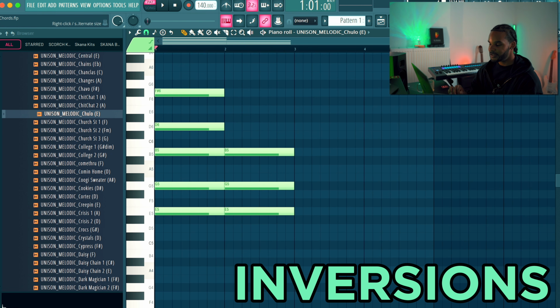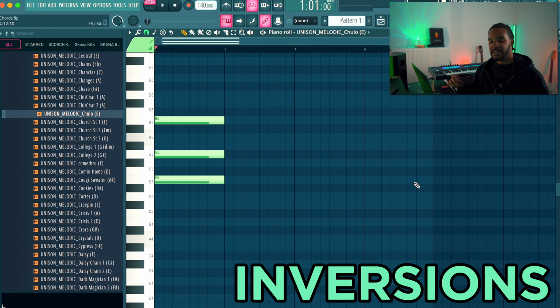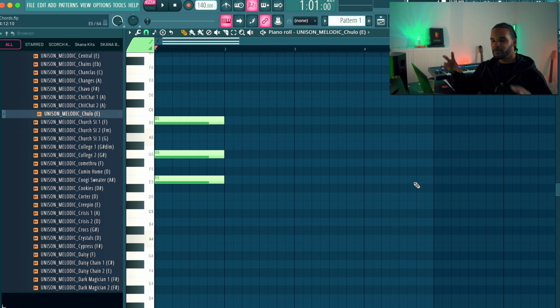The next one is inversions. Okay, so we have this E minor chord, and to basically go from one chord to the other to make it as smooth as possible, you want to move notes a little bit closer to each other to basically invert those notes. So basically, if we have this,